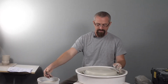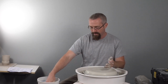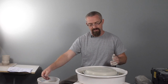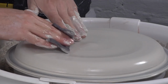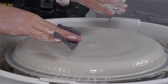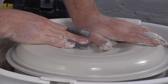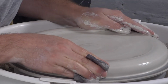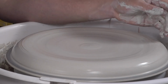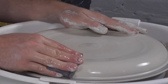And so it's at this point that I'm starting to think about the function of this piece. And as an eating surface, I really want it to be inviting and a surface that's functional as well. And so I'm thinking about the curve. I like to have a curve that really gradually sweeps upward. And then here in a bit, you'll see how there's that transition from the more flat surface of the plate that is the functional part to the more decorative raised up rim. But that also serves as a functional aspect so that you can slide food across and have that little raised area to kind of scoot food onto the utensil,